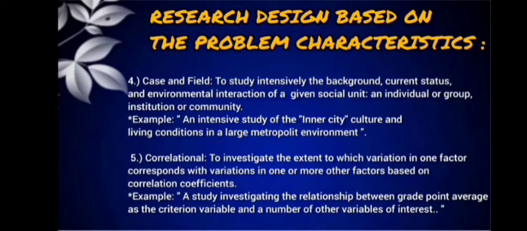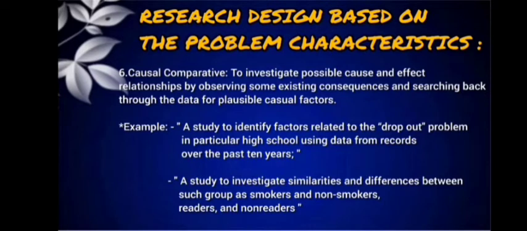Okay, next, number 5, we have correlational, to investigate the extent to which variation in one factor corresponds with variation in one or more other factors based on correlation coefficients. For example, a study investigating the relationship between grade point average as a criterion variable and a number of other variables of interest. Number 6, we have causal comparative, to investigate possible cause and effect relationships by observing some existing